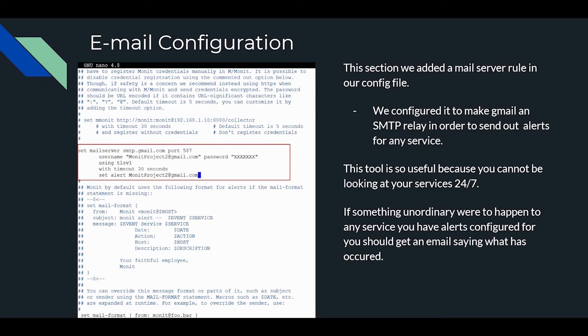Next, we'll talk about the email configuration that this service provides. We configured it to make Gmail an SMTP relay in order to send out alerts for any service. This tool is so useful because you cannot be looking at your services 24/7. If something unordinary were to happen to any service, you would have alerts configured so you would get an email